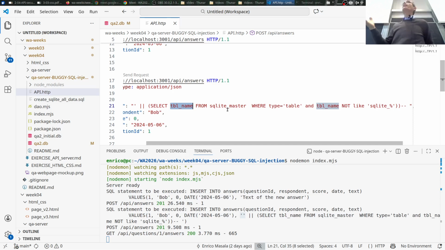This is just an example. In this way, we got the information about what's the name of one of the tables inside the database, okay? That's a successful SQL injection in the sense that we got some information out from the server that the server was not supposed to give, right? Let's try another example,